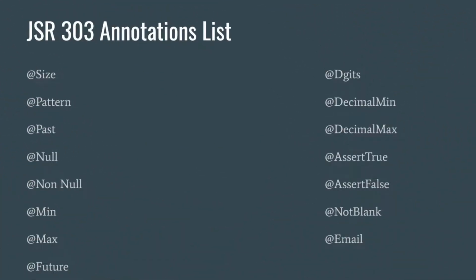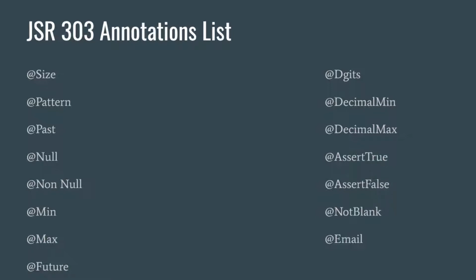@Size will maintain min to max values. That means if I give min equal to 2 and max equal to 5, then we can enter values from 2 to 5, and if the value does not fit, it will not allow the submit button and will throw an error. Like you can see, @Pattern: in pattern we can use a regular expression, and only data that matches the regular expression can be saved. And @Past will allow only past dates.